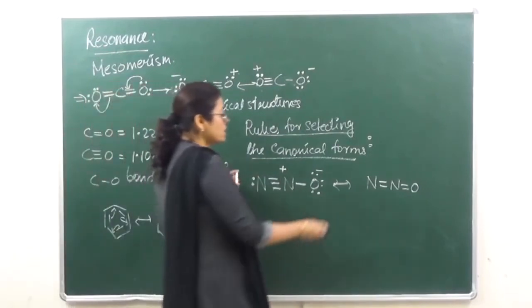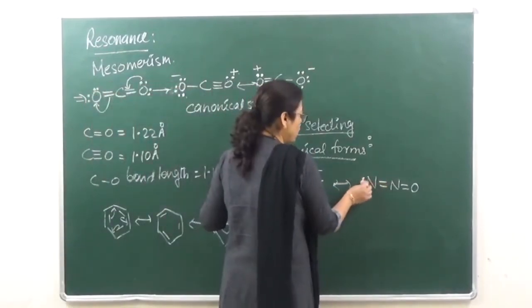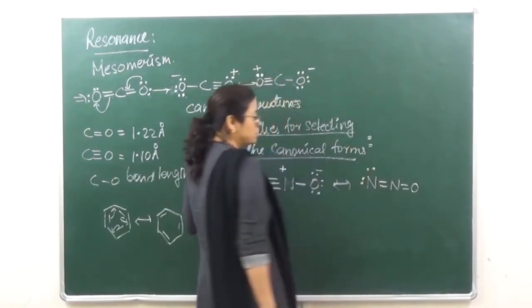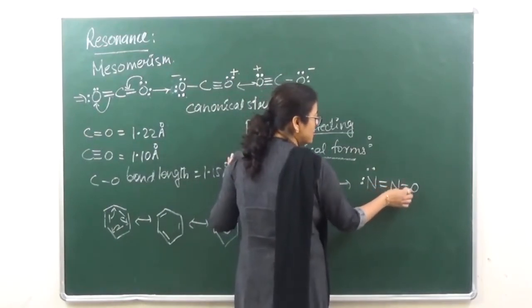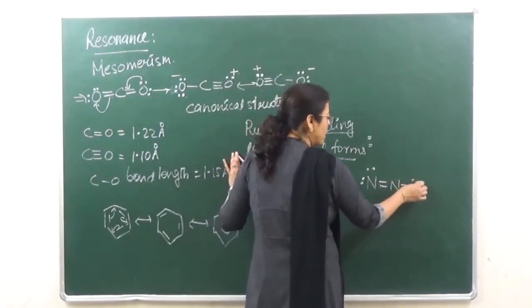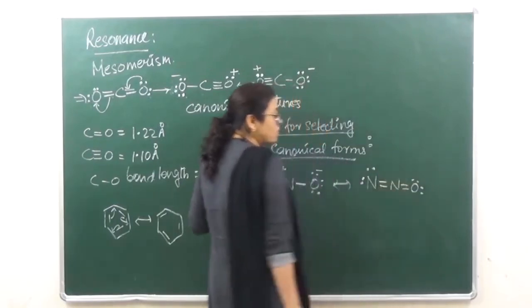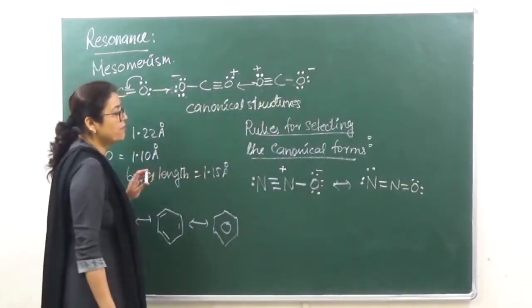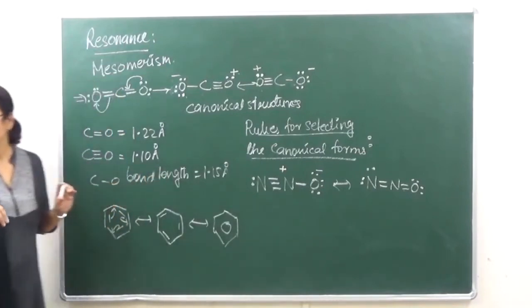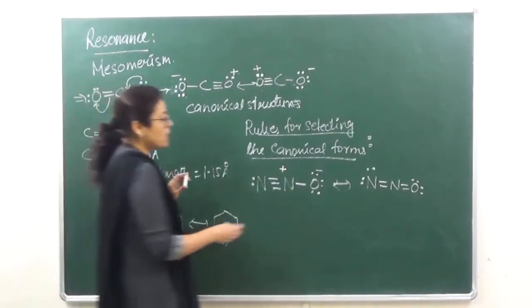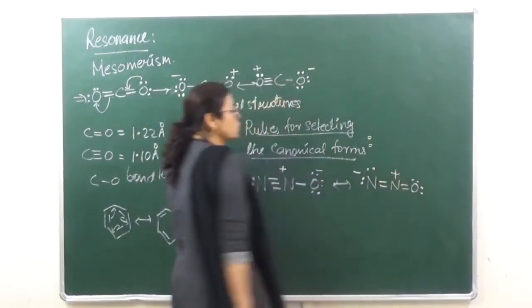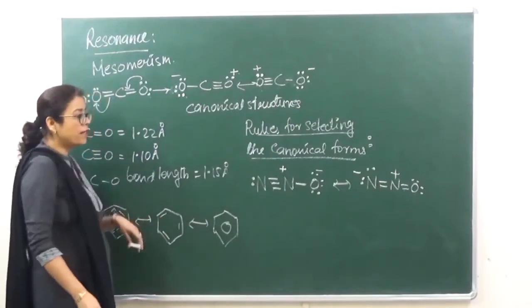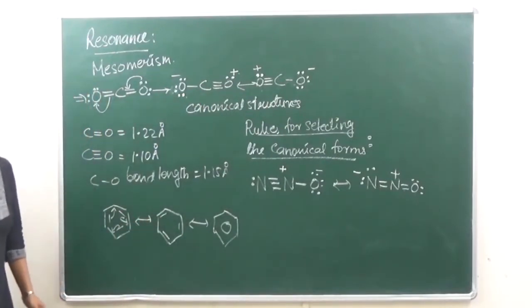When we are going to this, let's again 1, 2, 3, 4. So we have 4 over here. No, there is 1, 2, 3, 4, 5, 6, 7, 8. Nothing over here. And 1, 2, 3 and 4. Okay. So now when we are looking at the charges over here, what are we going to say? That the negative charge is going to be on this nitrogen and the positive charge is going to be on this nitrogen.